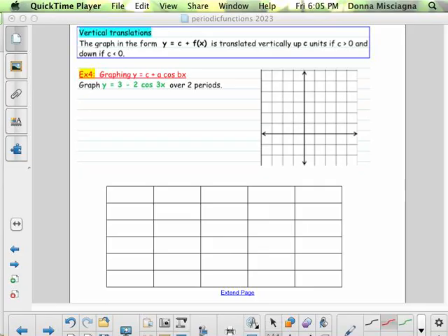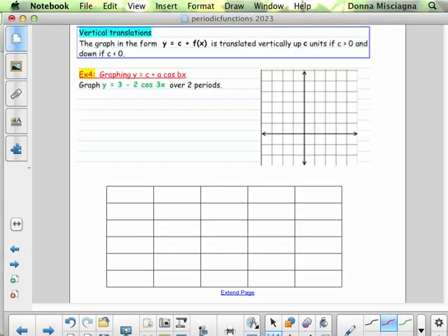Our first step is to identify amplitude, period, phase shift, and vertical shift. The amplitude is the coefficient in front of sine or cosine. It is always positive, so we see there's a negative there. If we take the absolute value of -2, that would be 2. But the negative indicates that there is a reflection. The period,